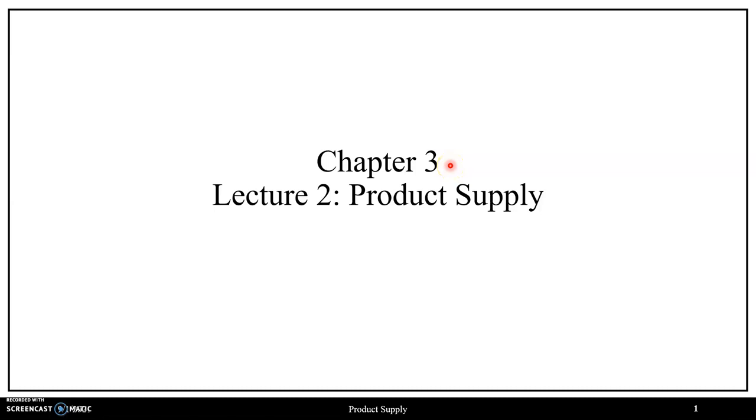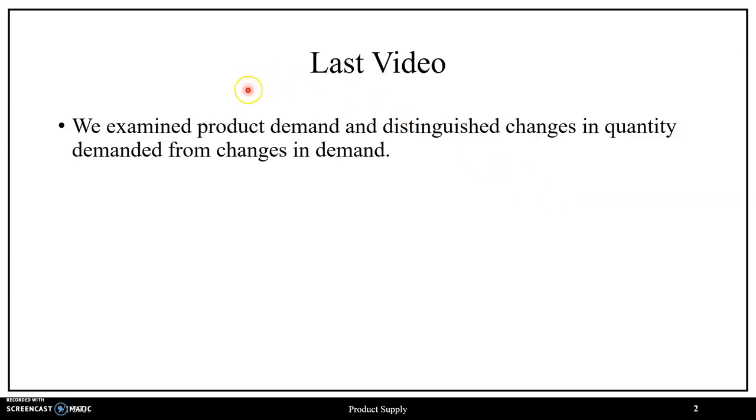In this video, we continue our discussion on Chapter 3, in which we now turn our attention to product supply, where in terms of our last video, we revisited the consumer problem in order to look at product demand, in which we saw there's an inverse relationship between the price of a good and the quantity demanded of a good, from which we distinguish between changes in quantity demanded from changes in demand,